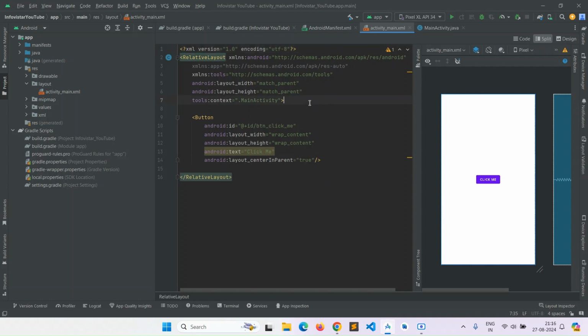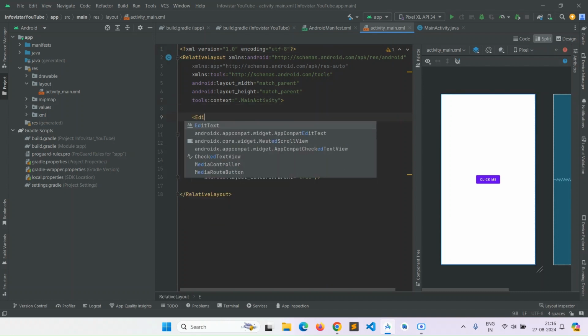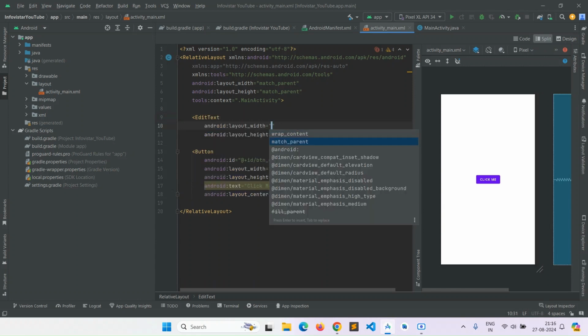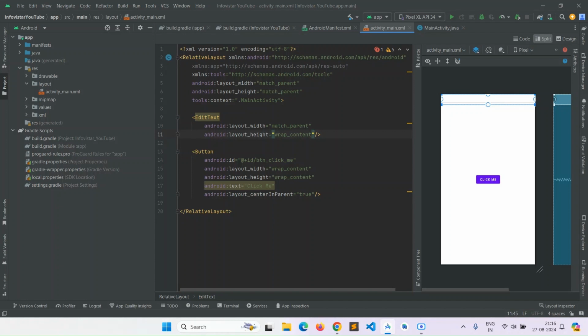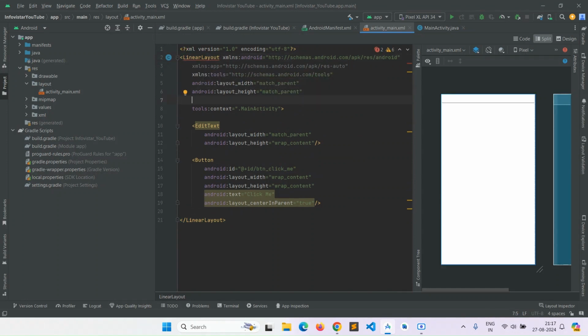To add an EditText, we will use the EditText widget tag with layout width as match parent and height as wrap content. So you can see it is pointing to the top. To change it, we replace RelativeLayout with LinearLayout. LinearLayout works in two modes, either horizontal or vertical. For that, we have to use the orientation attribute, which contains vertical or horizontal. So we will use vertical. So you can see